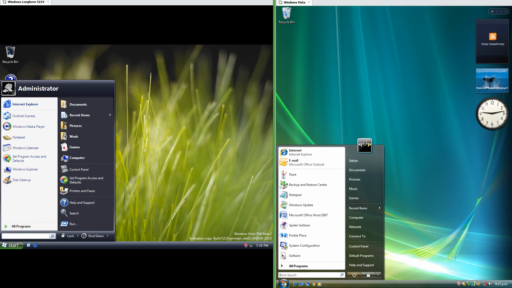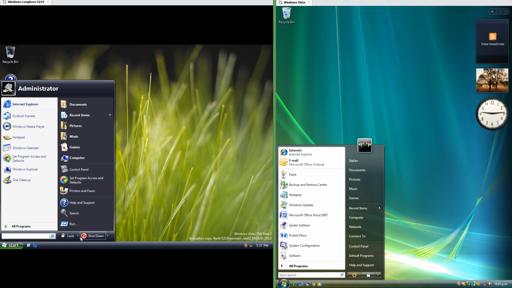Let's compare the Start menu. In Vista Beta the username and profile picture are on the bar at the top. In Vista RTM the username is at the top of the right column and the profile picture hangs off the top. In Vista Beta the items in the right column of the Start menu have icons next to them. In Vista RTM the icon comes up at the top when you put the mouse over the item.